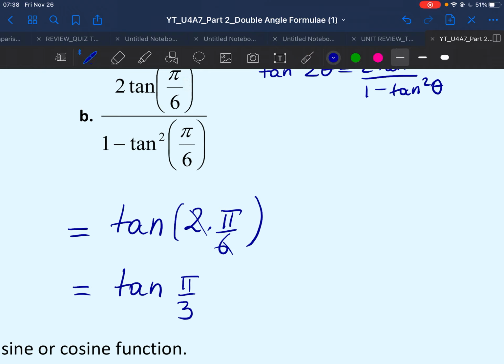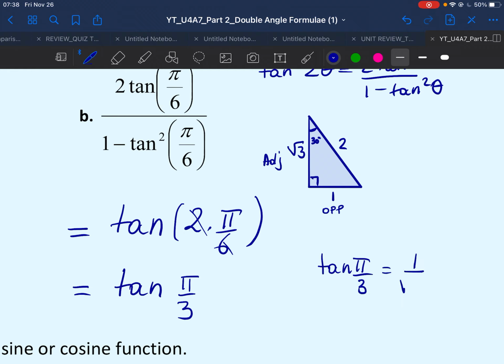So again, you can build a special triangle, pi over 6, pi over 3, pi over 2. And pi over 6, remember, is 30 degrees. And the dimensions of this triangle are 1, 2, and root 3. We're talking about tan, which means we're talking about opposite and adjacent. So that means that tan pi over 3 will have the value of opposite, which is 1, divided by adjacent